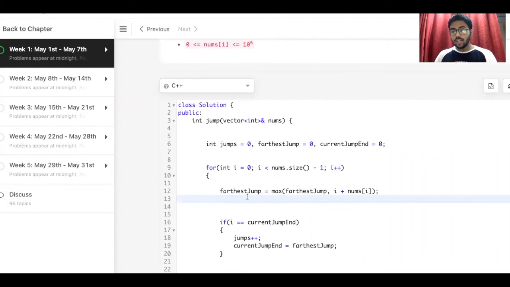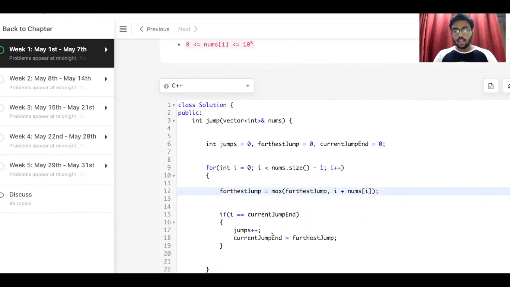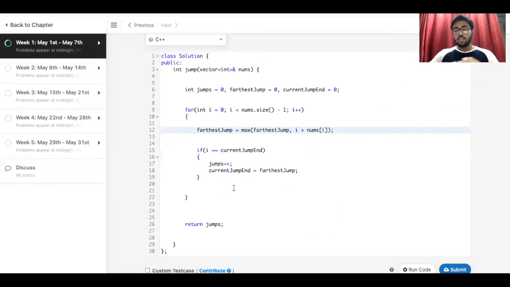We store that, and consider the maximum ones from the array, and then check if we have reached the end of that particular element's farthest index. Then we increase jumps, and we mark the current jump end for that particular jump as the farthest jump for that particular index.